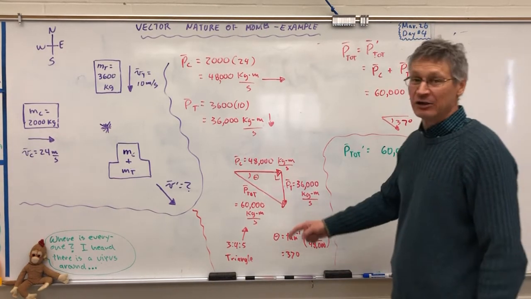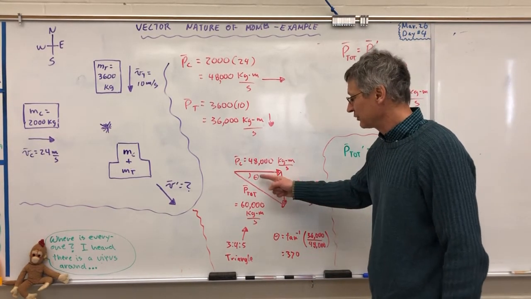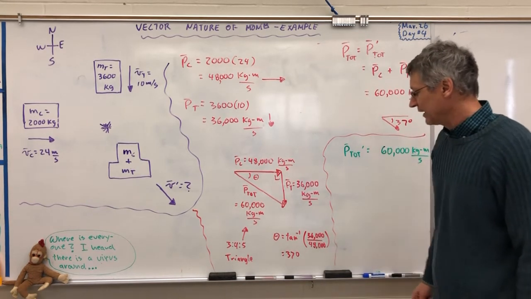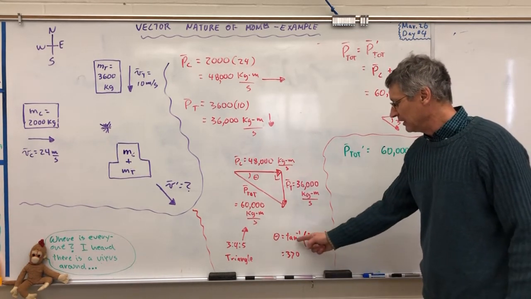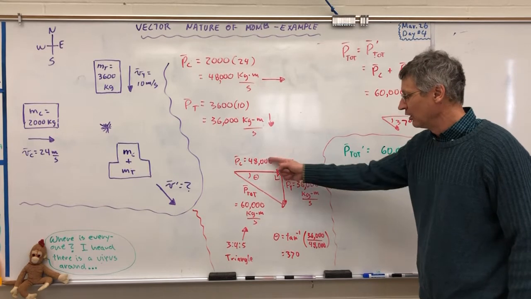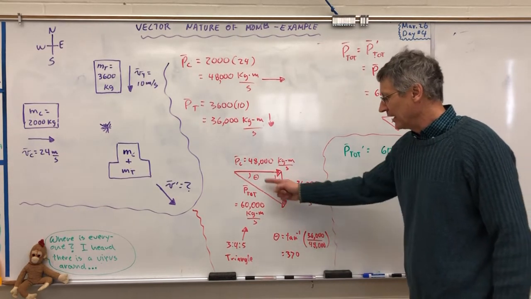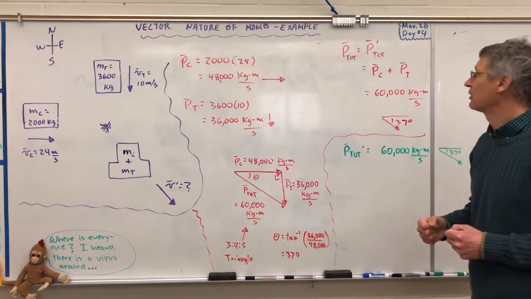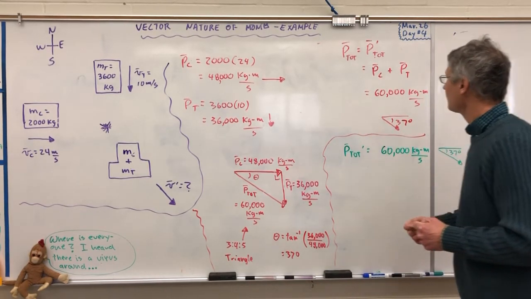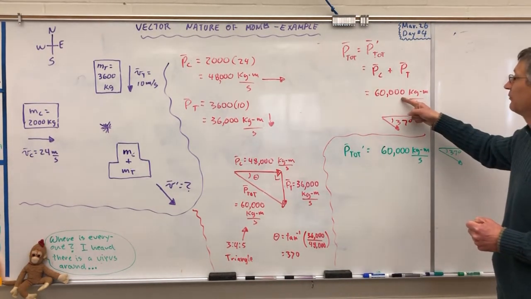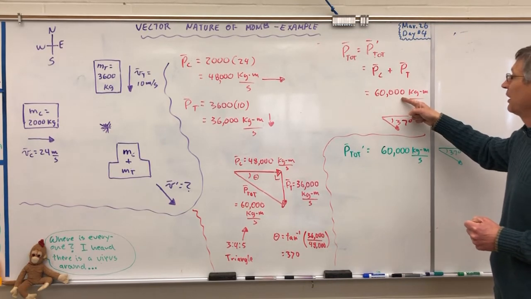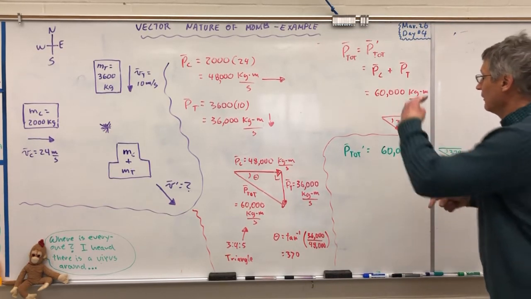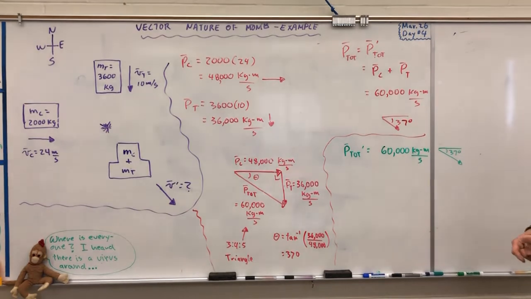And of course, we need a direction. So let's figure out what this angle is. We can do that. It's just a little bit of trig. Take the inverse tangent of the opposite over the adjacent, and that angle comes out to be 37 degrees. So the total momentum of everything before, there it is right there. 60,000 kilogram meters per second, 37 degrees south of east. Okay now,